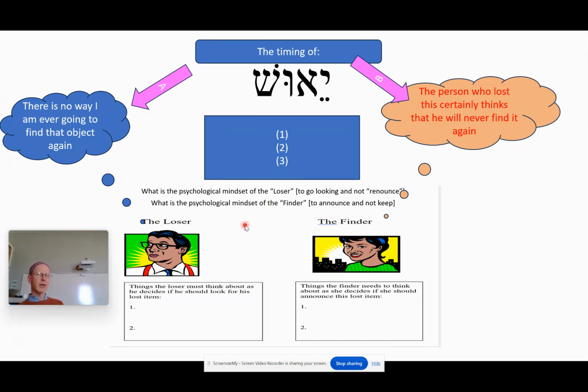We've got either the loser loses and then the finder finds, or the loser loses and at that exact same moment the finder finds, or we can probably say the finder finds and the loser loses, but that doesn't work because the loser has to lose before the finder can find. So there are really 3 cases here. Number 3 doesn't work. Either it's the same moment or the loser before the finder.